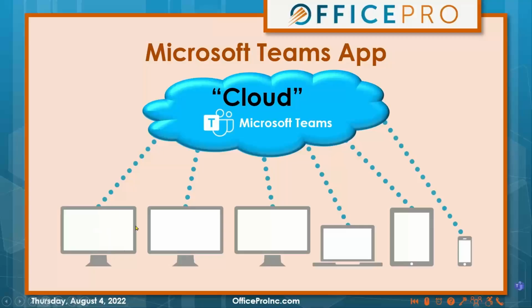Now, if, let's say, you're on your standard work computer, you'll most likely have the Teams desktop application installed, which is what we will be focusing on today, as it does give you the most robust functionality. But what if that's not where you're working from? Maybe you're in a different office or borrowing somebody's computer, or maybe on your personal laptop and you need to access some of the resources that you have in Teams. Well, the other option is the Teams web app. Much like a lot of the other apps and services that we get through Microsoft 365, it has an online version of it, and we'll take a look at that a little later today as well.